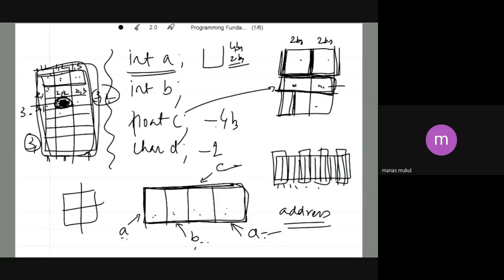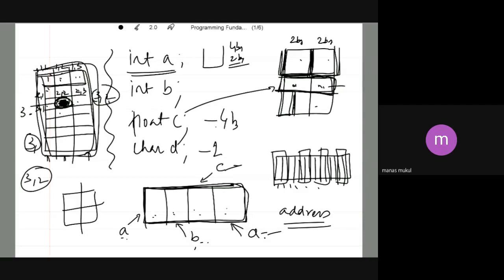The address is 3 comma 2. Now there is another way of doing the address. Here the addressing I have done uses two numbers, 3 comma 2, which is row and column. But imagine if I do the addressing using one number, say 1, 2,